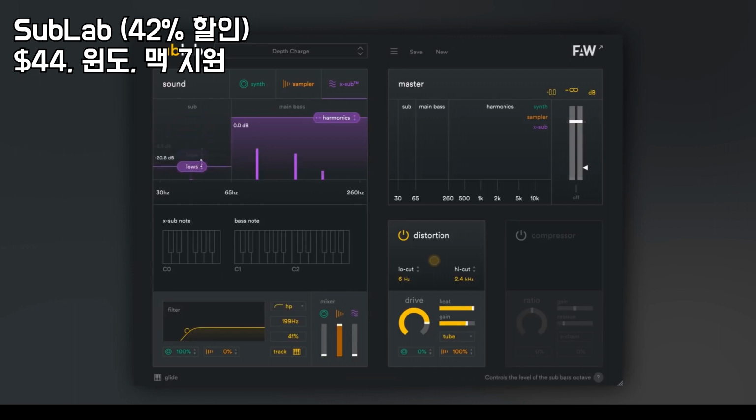And then you got the actual subby low part. So let me go ahead and solo this for a second. Let's just go ahead and play this. So that's just the harmonic content. And as I slowly reduce it, listen. Is that not cool? That's just a good way to make sure all of the different